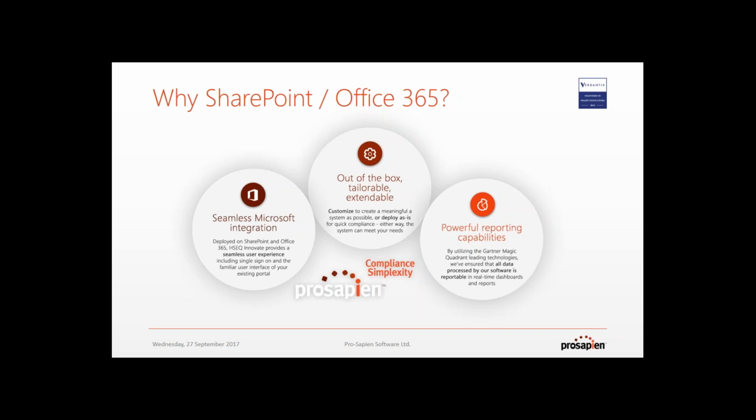So combine this functionality with a familiar look and feel, single sign-on, so no need to remember passwords and usernames. And is it any wonder that for many organizations, SharePoint or Office 365 becomes the document portal for all things EHS. However, as Adam has already discussed, there are many requirements needed of enterprise EHS solutions that go beyond knowledge